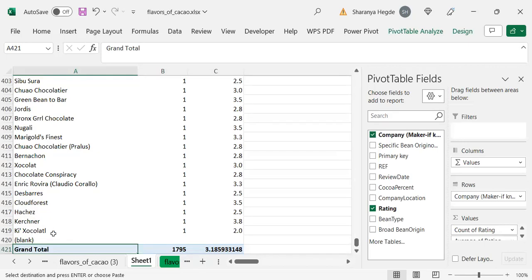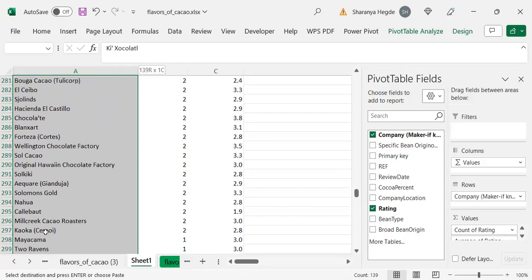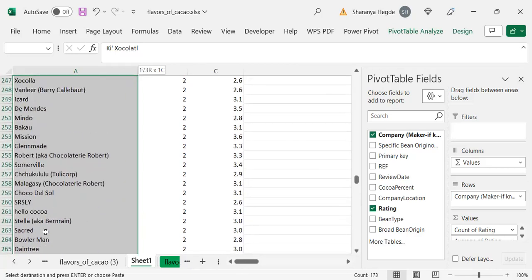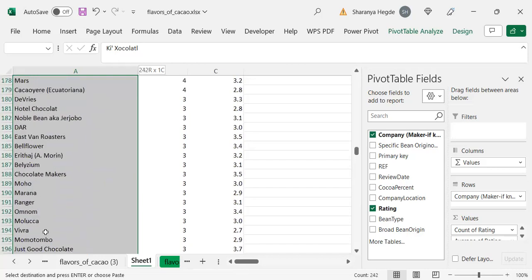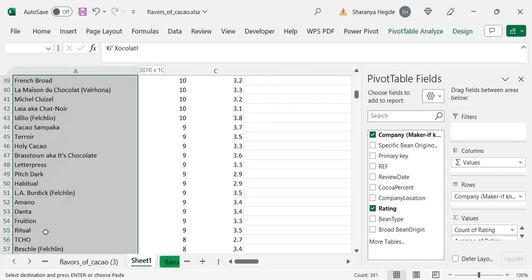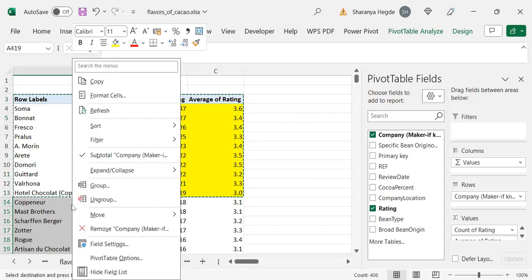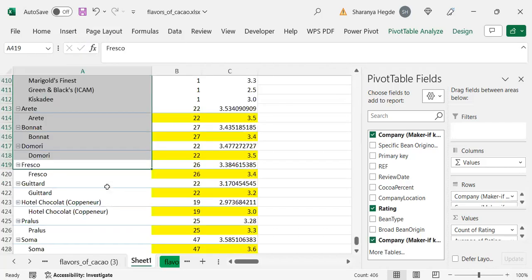There is one more way to do it, and that is also a very interesting way. I can actually pick out all of these, which you can see have just one or two ratings, and just pick all of these out. And I will right click and I will just group them. So once I group them,